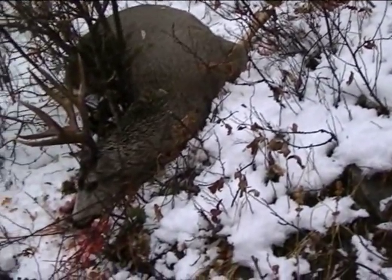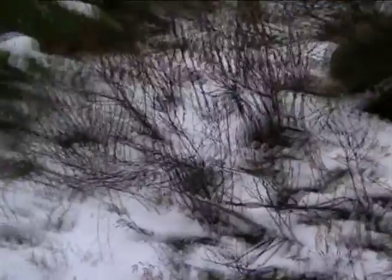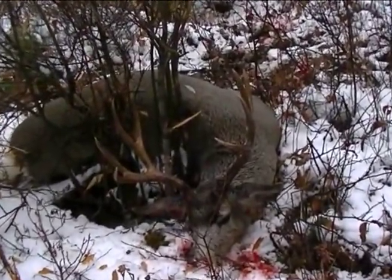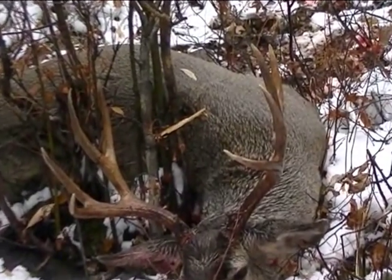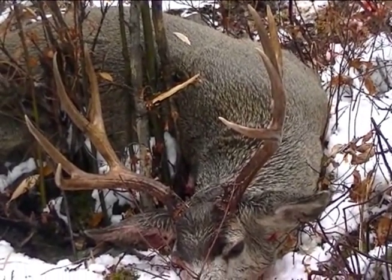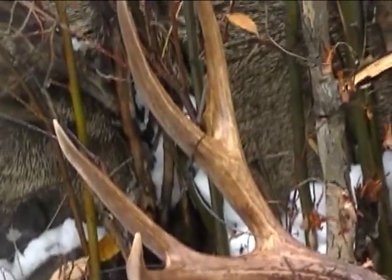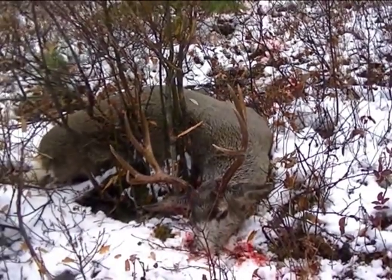But the way mule deer is going around here, take what you can get. Yeah, he's a good buck. Nothing wrong with that. Nice 5x5, barely little brow tines there. Nice forks, deep forks. It's a good buck. I'm happy with